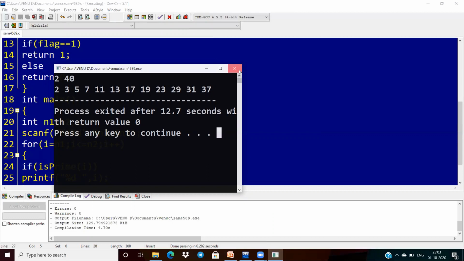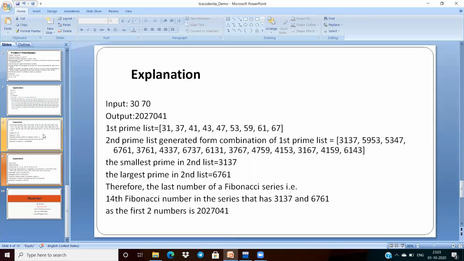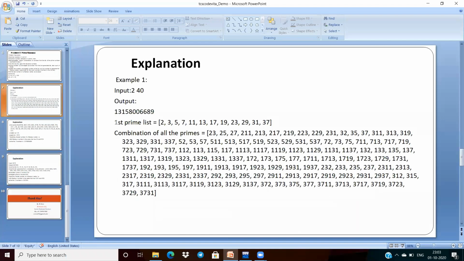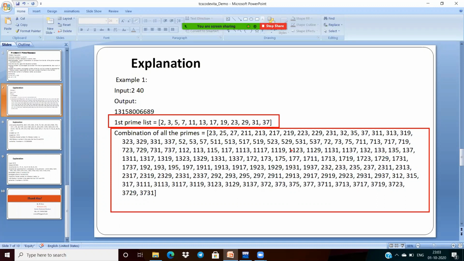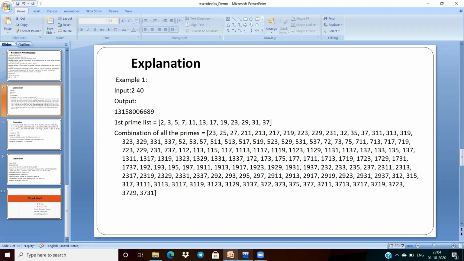So after this, see, what is the first thing we have to do here? I'm getting this first prime list. So utilizing these prime numbers, we can form this set of numbers. We are not checking whether all the numbers inside this are prime or not; for that we can do another task, but anyway, with the help of these we can form these numbers.